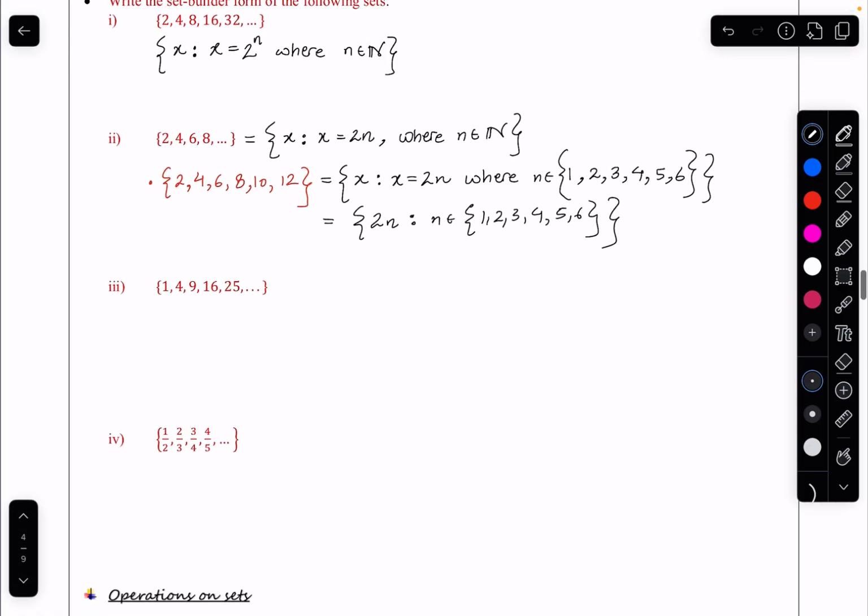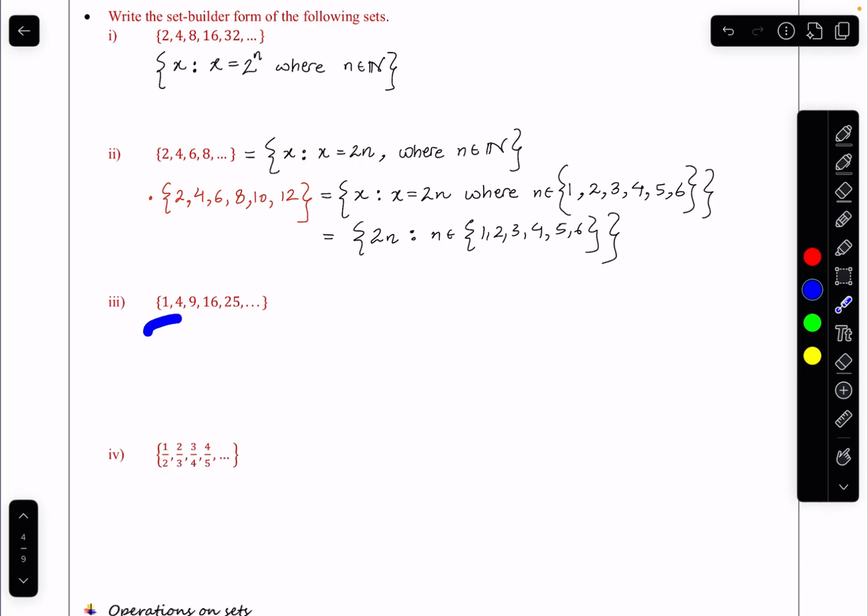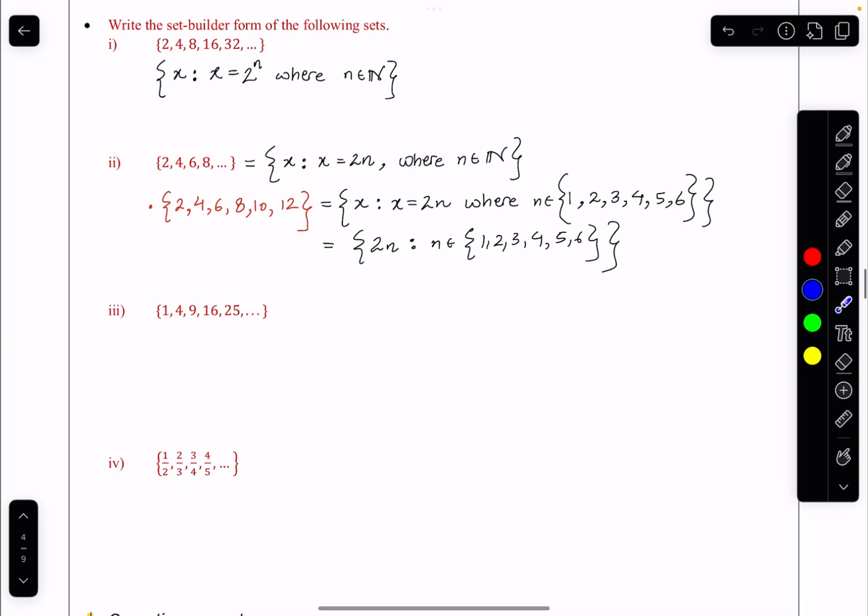I've taken up two more examples here. One is 1, 4, 9, 16, 25, and so on. What I observe is every element in here is a square of some natural number. Here, this would be square of 1. This is a square of 2. This is a square of 3, square of 4, square of 5, and so on. So elements are of the form